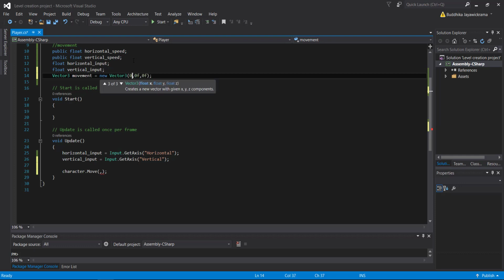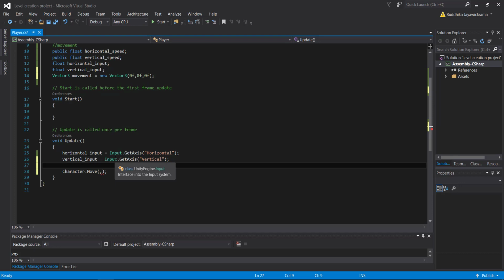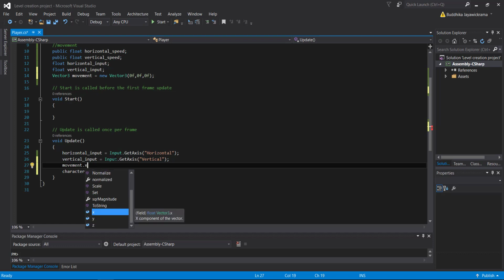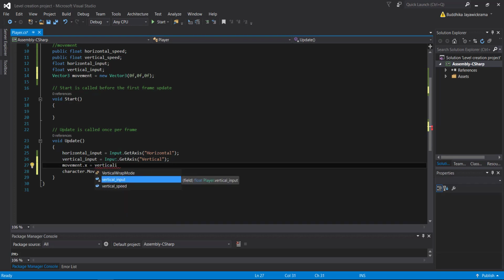Now the calculated vector will be assigned to this movement variable. So all we have to do is assign the input values into the x and z parameters of the movement variable.